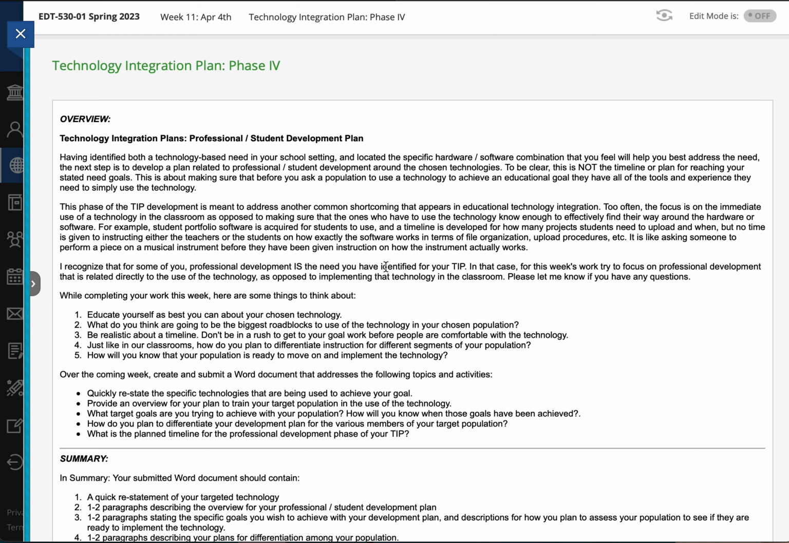If you are doing a TIP that is focused on a piece of hardware or software, then phase 4 is going to be about how you train the people who are going to need to use that software or hardware, and making sure that you have a plan to make sure that they know what to do with it. If you're doing a TIP that is more geared towards training, so in that case, maybe